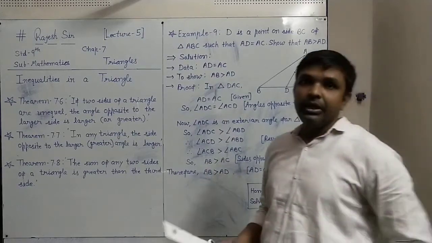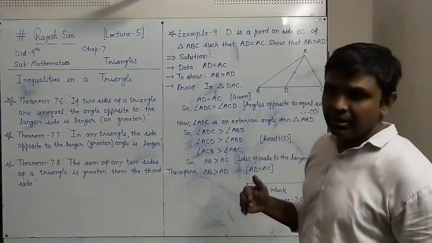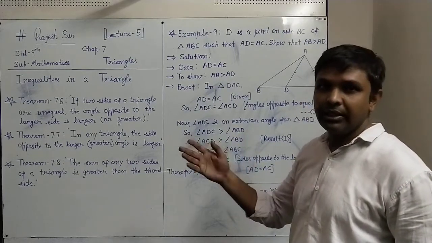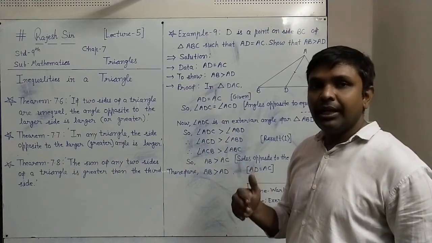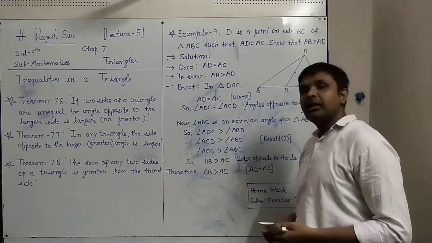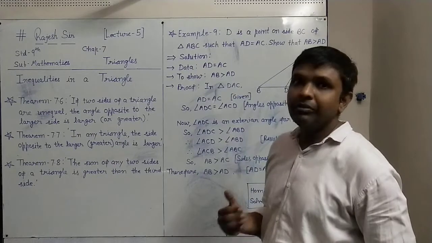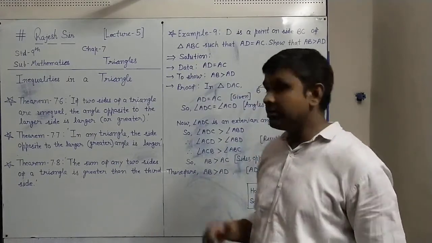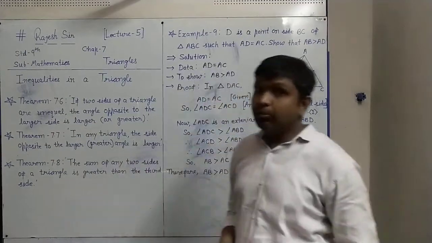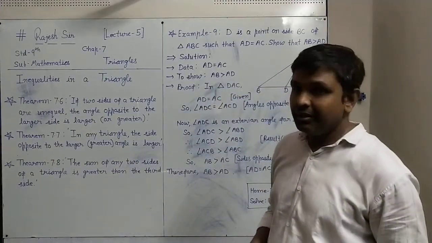About the equal things we have seen, SSS, RHS, all the criteria, in which three sides were equal to three sides, and RHS means right angle, hypotenuse, and side are equal. We have collected those criteria, and on the basis of that, the two triangles are congruent, that we have seen. Now some inequalities are also important in triangles to understand.